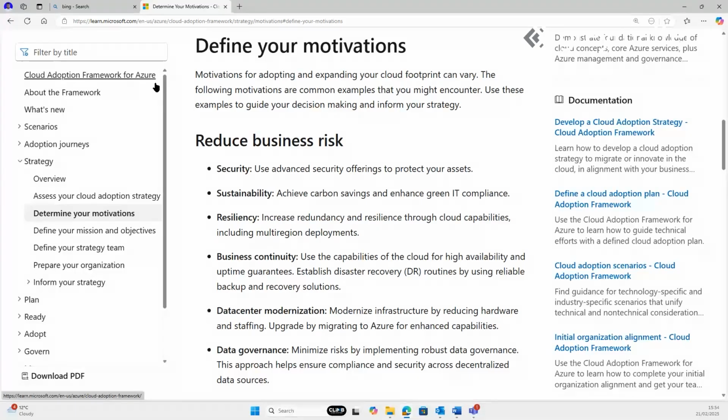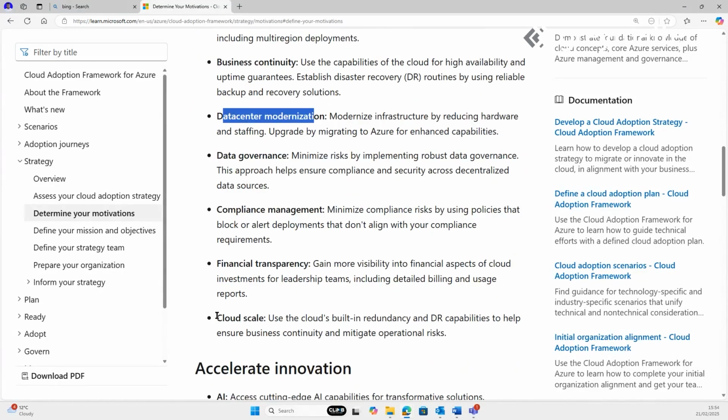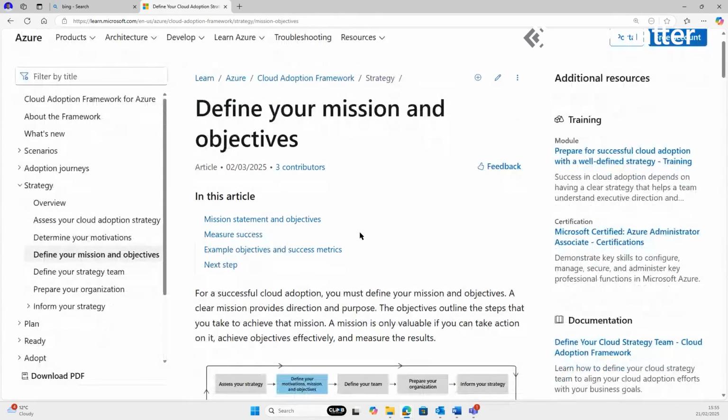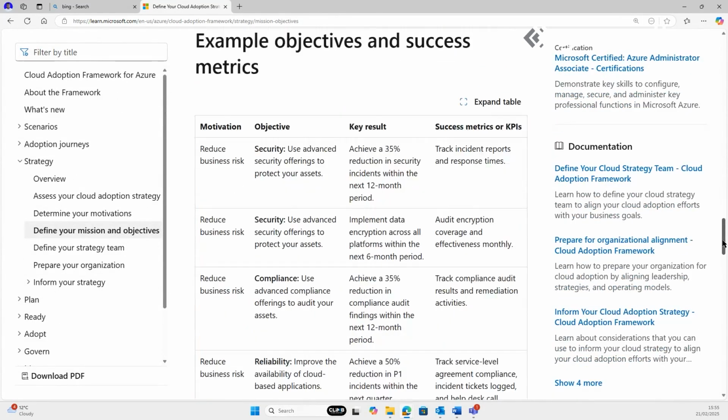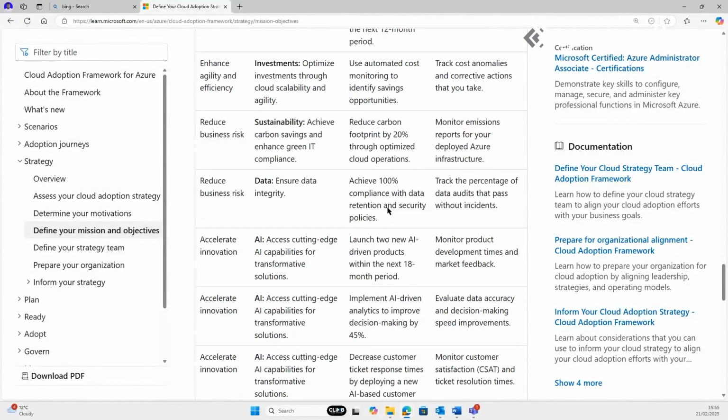So if we take a quick look at the Microsoft documentation here, which by the way is really great on this subject, we can see some of these motivations. So we have data center migration, scale quickly and easily to meet demand, take advantage of innovative technology, and this could actually be services like Microsoft Fabric, Synapse for analytics, or even Azure Kubernetes. Now the good news is if we keep looking, we'll see that in the alignment, we'll have the business outcomes that are linked to these motivations. And this is where we find the business outcome template, which we showcased in our last video.